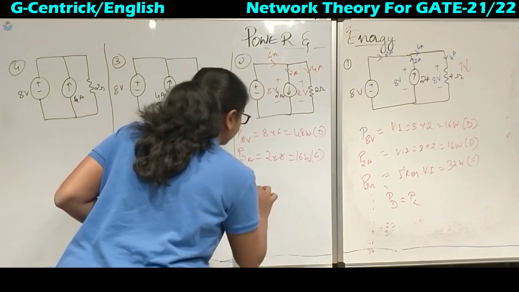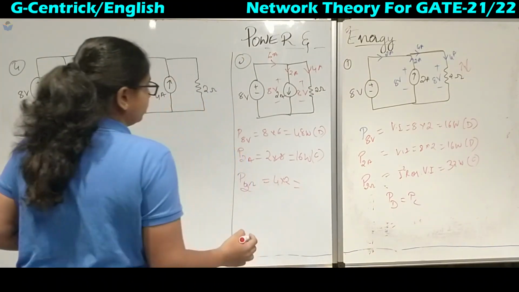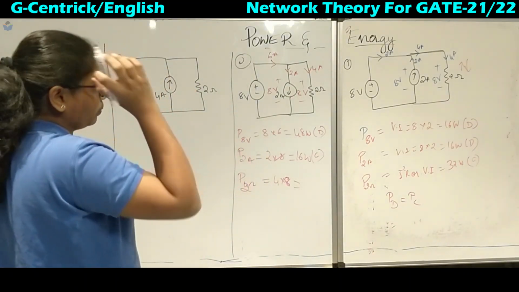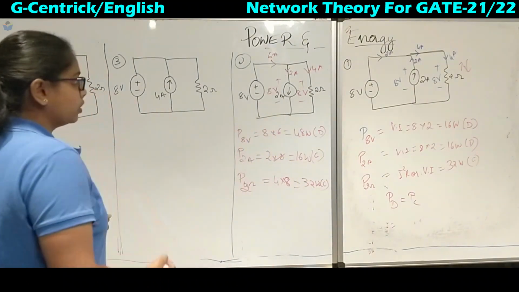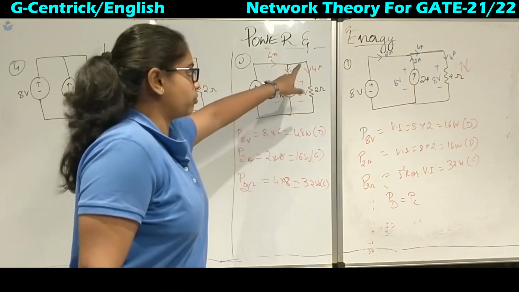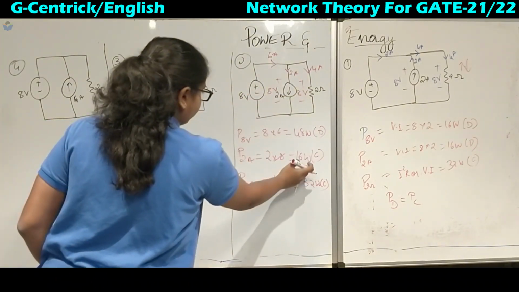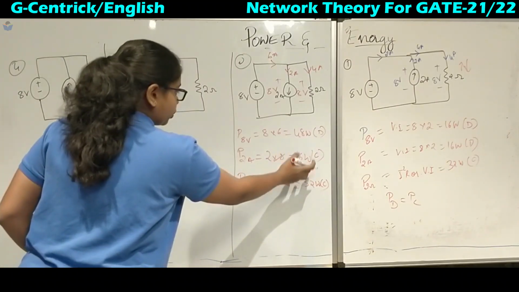Now coming to the 2 ohm resistor, it is 4 into 8, or I square R, that is 16 into 2. So what we get is 32 watts, which is consumed. The direction of voltage is upwards, current is downwards. So here also 16 plus 32 is 48, and 48 is the power consumed, which is equal to the power delivered.